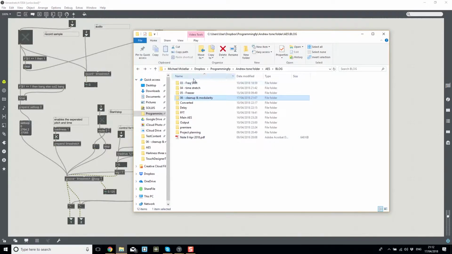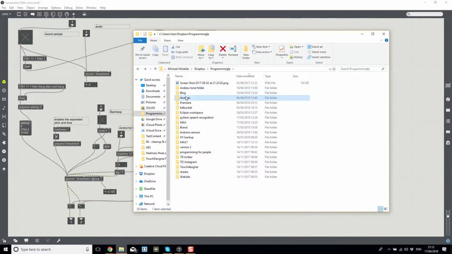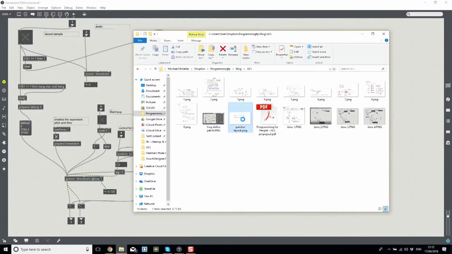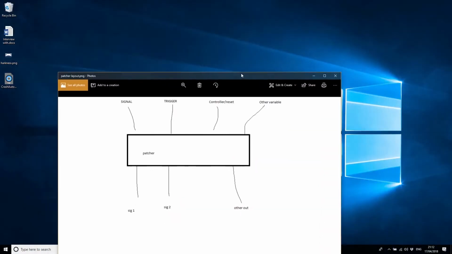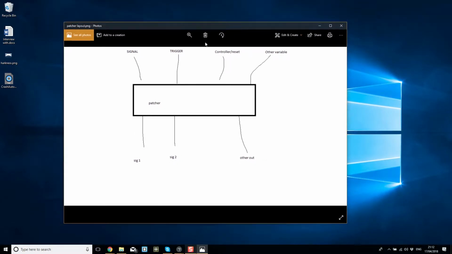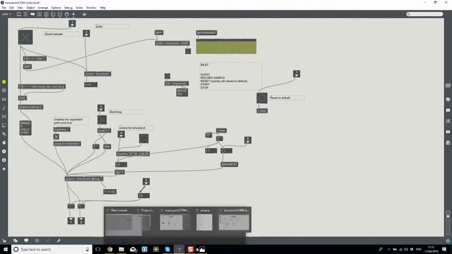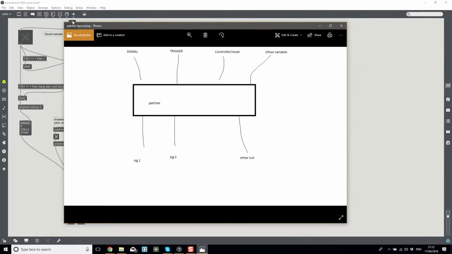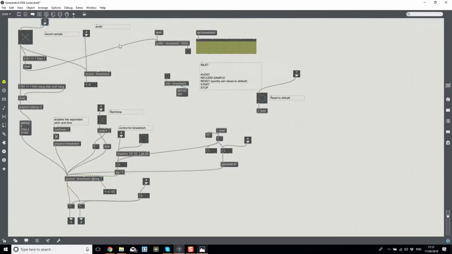I'm also going to go and dig out my special picture. This one, so this is our guide to effect. So we want the audio signal, the trigger, the controller or the reset, and other variables on the right hand side. So in that case, for this specific example, we're going to want signal, trigger. What else do we have in here, guys? So let me just bring this down a bit. We're going to want signal, trigger,